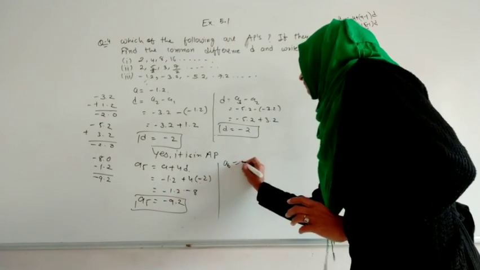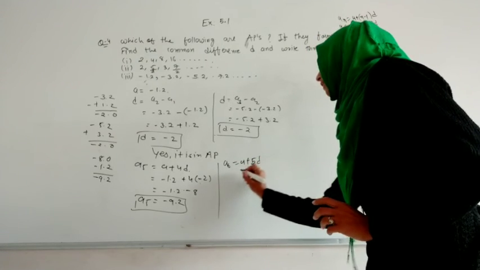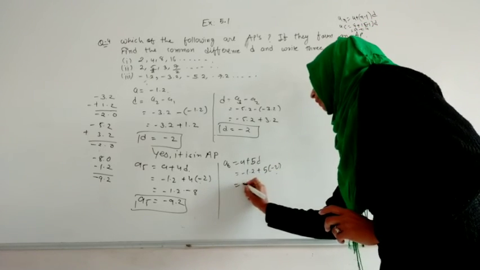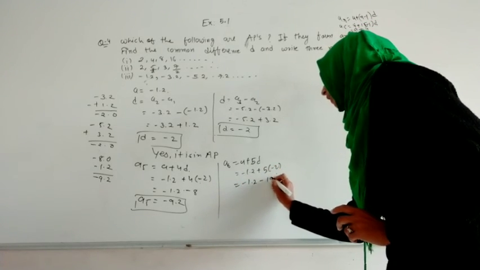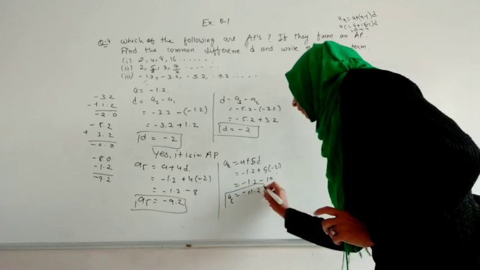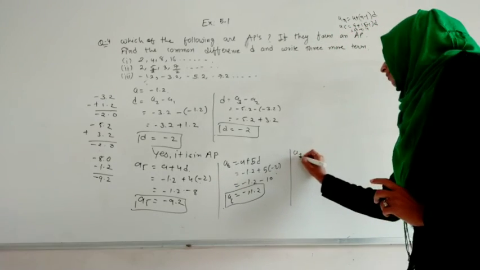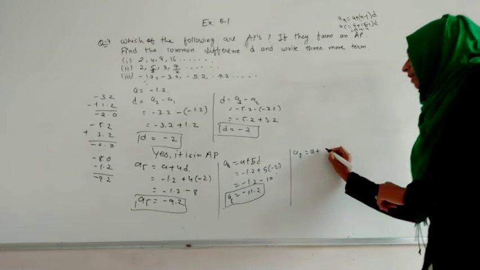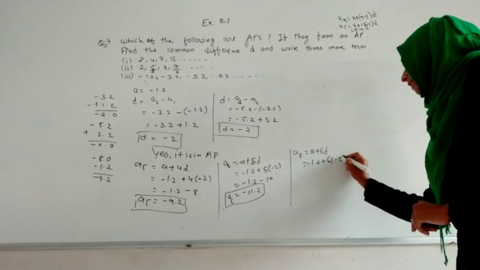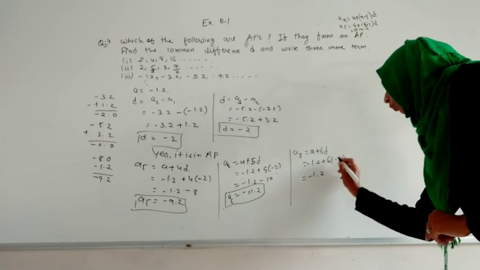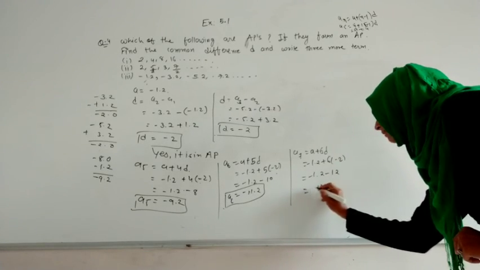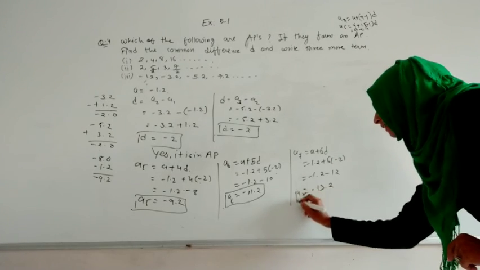Here we have to write a6, that is a plus 5d. So here I will write minus 1.2 plus 5 into minus 2. So here 1.2 plus 5 2s are 10, 10 plus 1 is 11.2, and the symbol will be minus. So here we got our a6. Now we have to find a7. So what is it? It is a plus 6d. a we are writing minus 1.2 plus 6 into minus 2. So here we are getting minus 1.2 plus minus 6 2s are 12. 12 plus 1 is 13.2, and the symbol will be minus, and that is the value of a7.